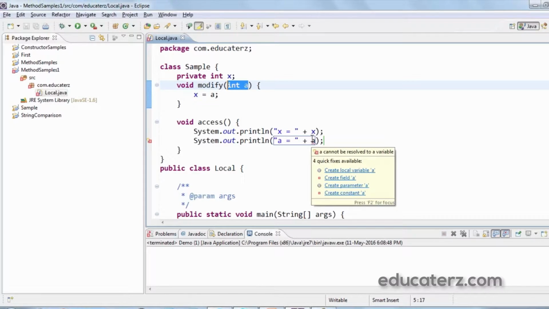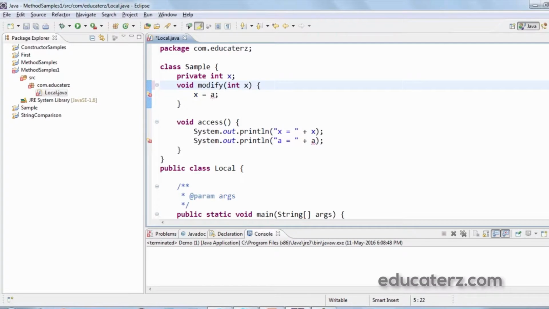So sometimes a local variable has the same name as that of an instance variable. So this leads to a few problems. Let's see what that is. If I say, instead of a, I say x, and here x = x. I want to initialize the instance variable with the local variable. So here both the x refer only to the local variable. That is, the local variable is x and the instance variable is also x. So inside the modify method, if we write x, it denotes by default the local variable only.